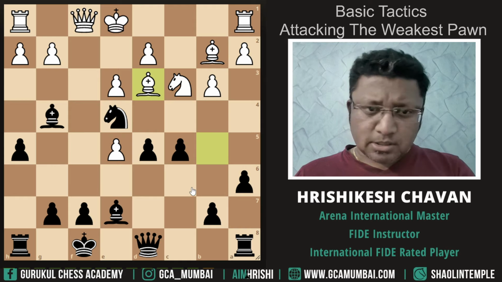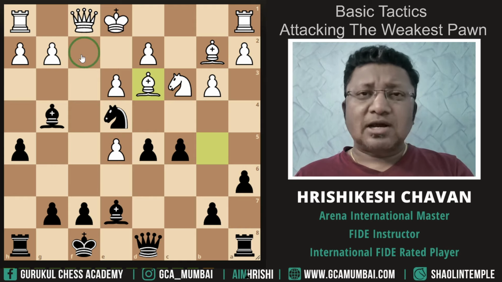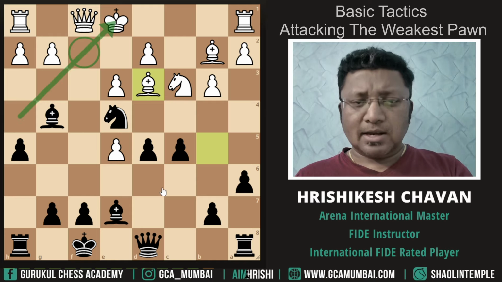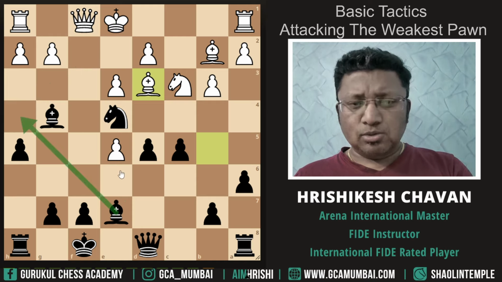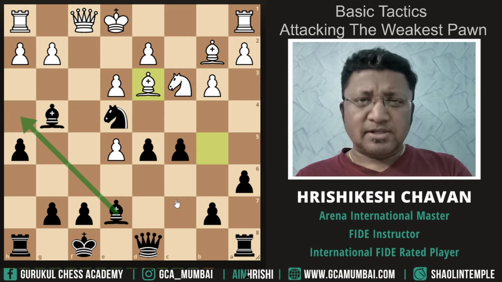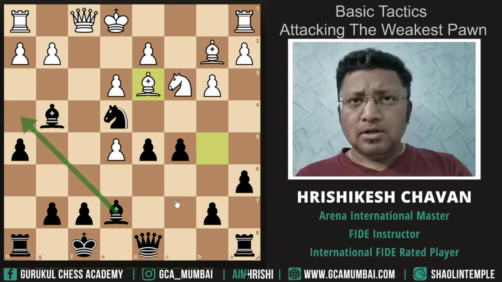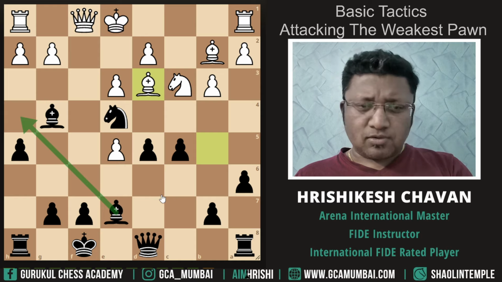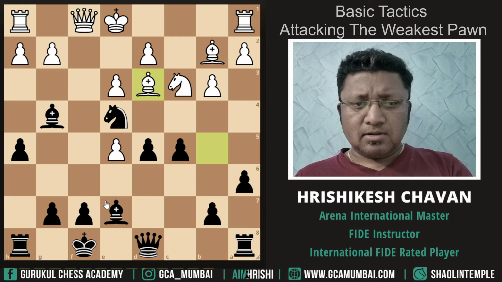Okay, let's see what we have over here. As you can see, the f pawn is already moved, and that way the king is exposed through this diagonal, and we can definitely use this diagonal by playing bishop h5, bishop h4, I'm sorry. Let's just see whether we can play this move right away. Okay, what are we threatening?